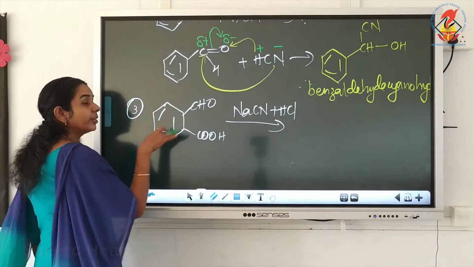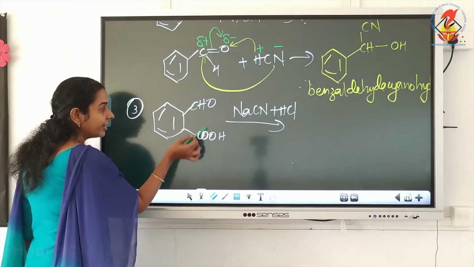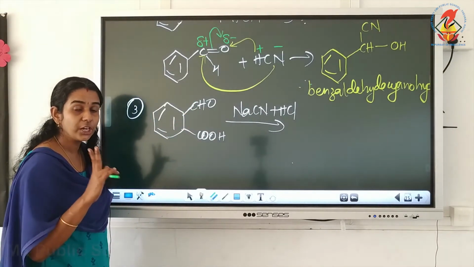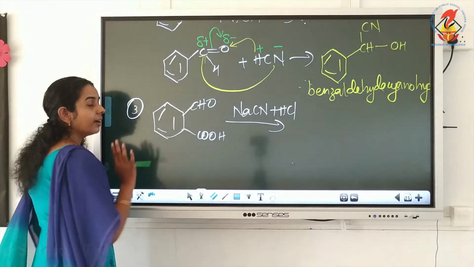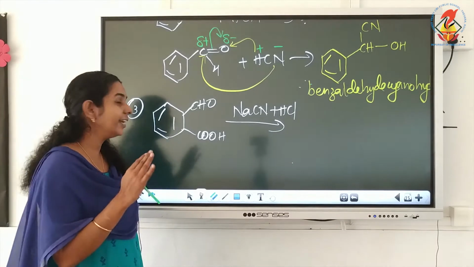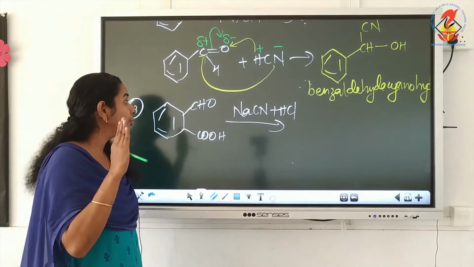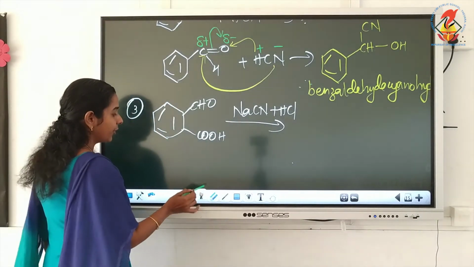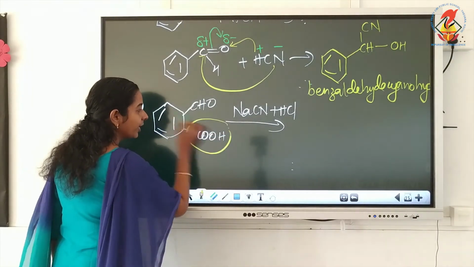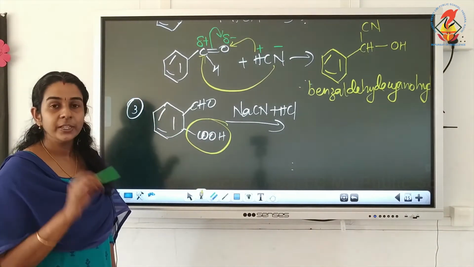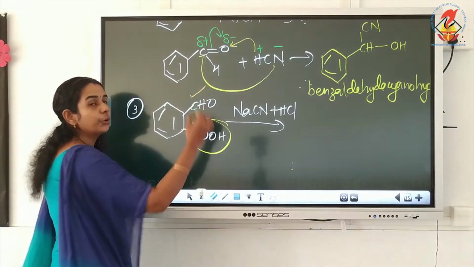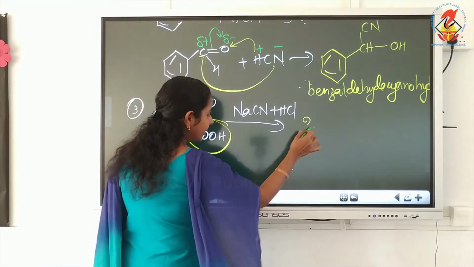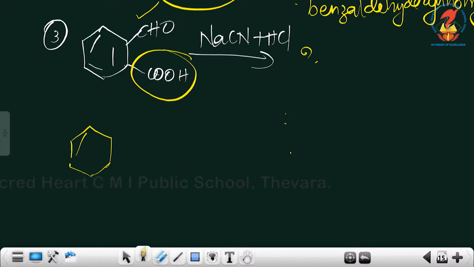Okay. Now, in order to confuse you, here one aldehyde group and a carboxylic acid group, two functional groups, are given and both are carbonyl compounds. So only to confuse you, but remember nucleophilic addition reactions are the characteristic of aldehydes and ketones only. So here there is no reaction with the carboxylic acid group. There is a reaction only with the CHO group. Okay, so how can we write this equation? Don't change the carboxylic acid group. No need to expand it also, because in that group there is no reaction.